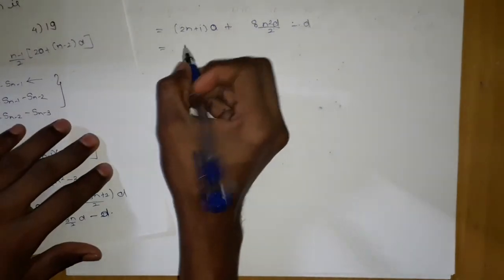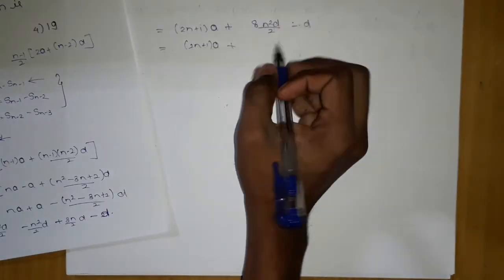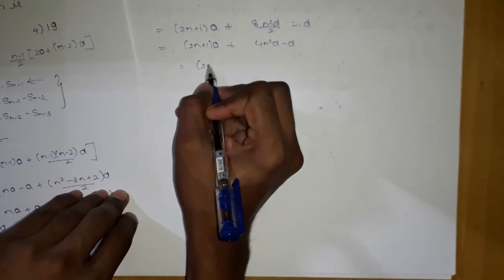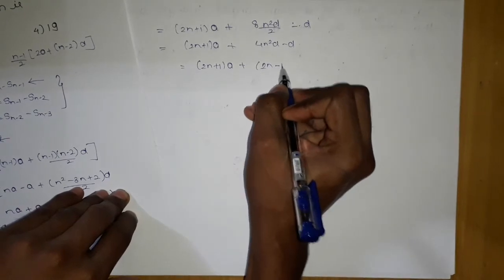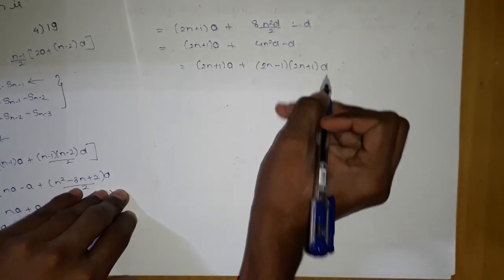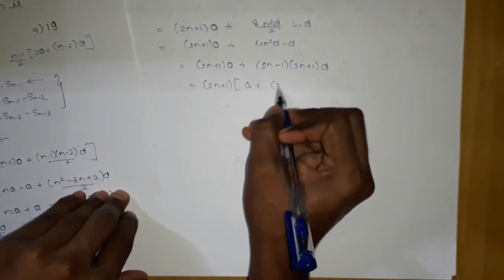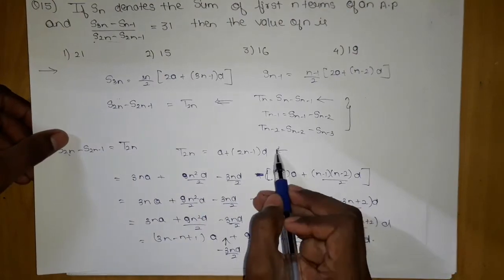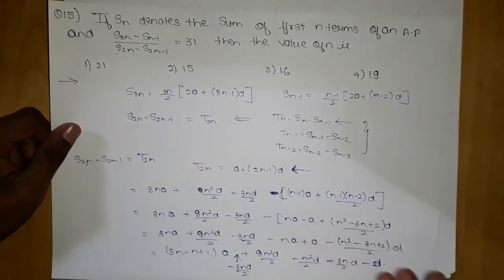After this what we can do, 2n plus 1 is present here, and here d will cancel out, giving me 4n square d minus d. In the next step you can clearly see they can be factorized into 2n minus 1 into 2n plus 1 into d. After this we will take 2n plus 1 common, which is very obvious, a plus 2n minus 1 into d. Why I take 2n plus 1 common, why I didn't take 2n minus 1 common? Because we want to create this thing, as I have told already. So try to get the denominator, which will give you a hint how you have to manipulate the numerator.